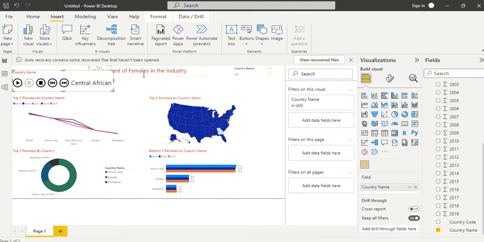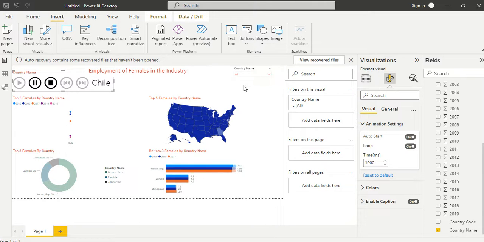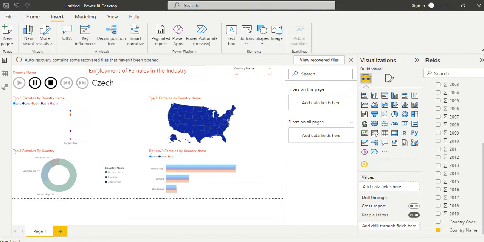So basically, I can now go to my settings and turn on my play axis automatically. So it plays everything I have here. And basically, that is all about my